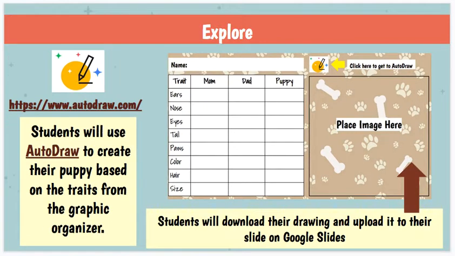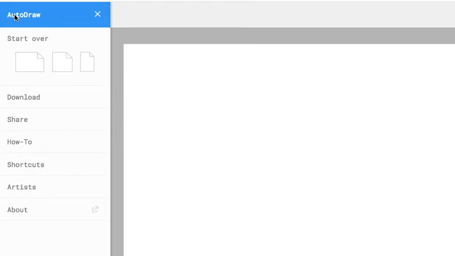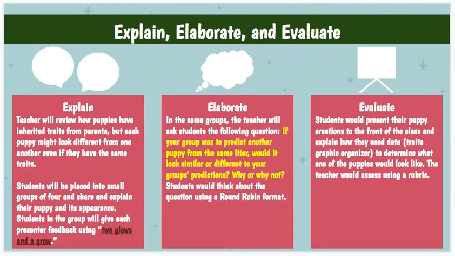And then students will use AutoDraw to create their puppy based on the traits from the graphic organizer. So quickly, I'm going to show what the AutoDraw function is. So this is what it looks like. What I would have students do is try to have them practice drawing, showing all of the traits and maybe even labeling the traits just to show it. And then they would be able to download, just clicking here and clicking download to download their picture, and then they will upload it right here on the slide. And then I'll show the slide a little later, but